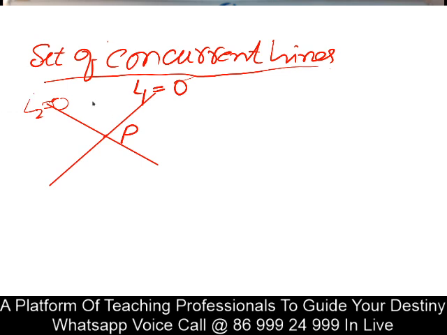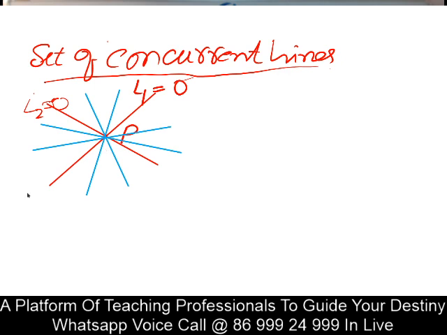Do you know how many lines will be passing through? One line like this, other line like this, one more line like this, one more line like this. Many will be there. Is there any combined equation of all these lines? Yes, there is. That is said to be